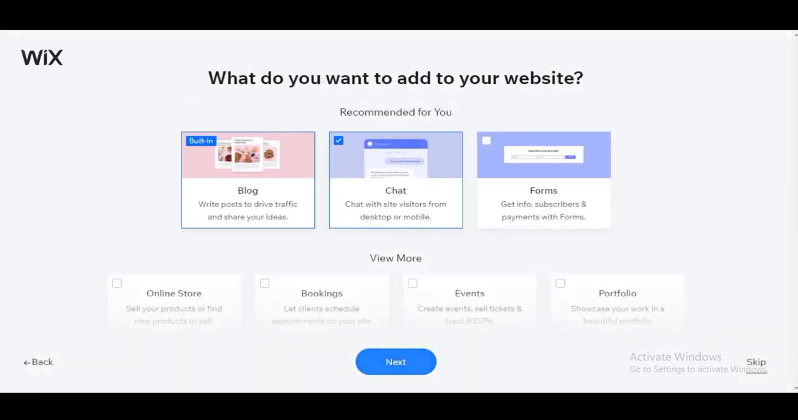The second option is to choose a template. Getting started with a template is usually a lot easier, because you can really visualize how your website is going to look. But getting started with the AI website builder saves you a lot of time if you are not really familiar with design. But if you want a more customized look, then you can get